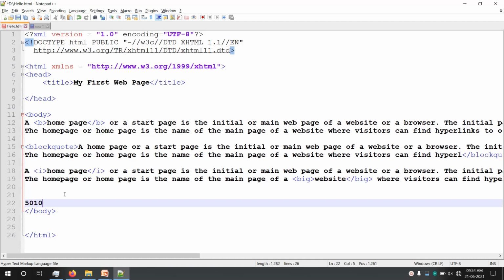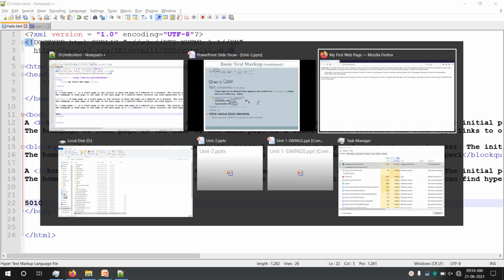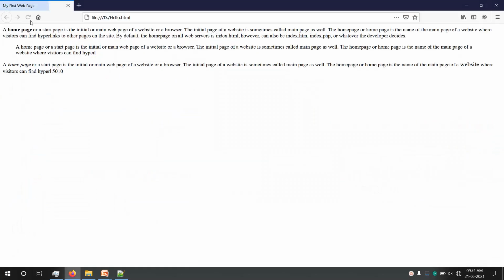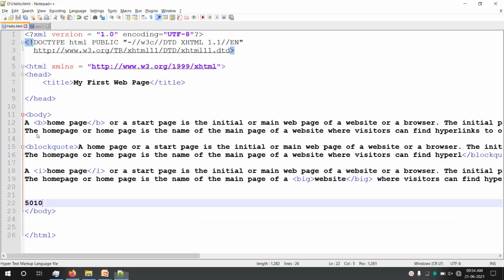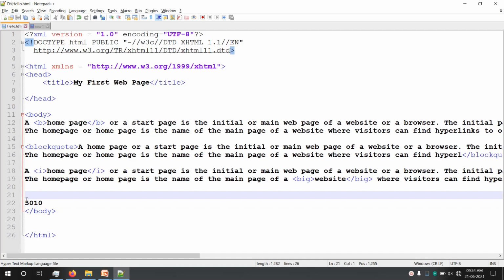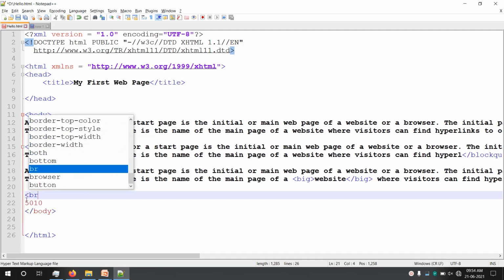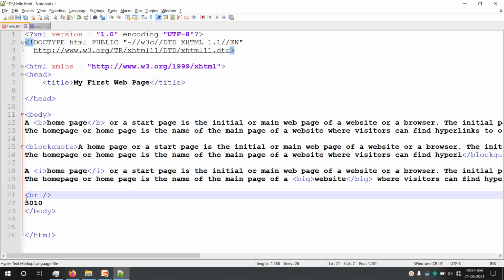If I type it like this, 50 10, the output will simply display 50 10. You can see here 50 10. I'll take this 50 10 on the next line. How to take it on the next line? Add a break before it. We can add a break tag, so that will simply break the line.